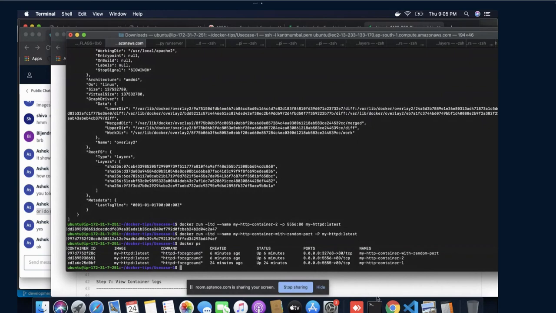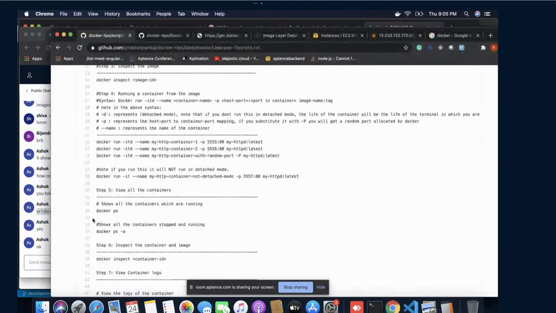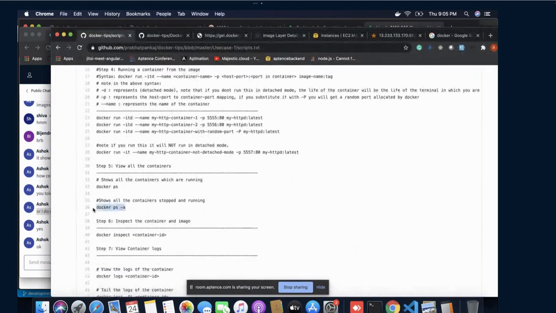Okay, so now coming to this one. In order to see this, there are two steps. This command shows all the containers, running and stopped. If you want to inspect a container ID, the way you did for a Docker image, you can perform the same step here.